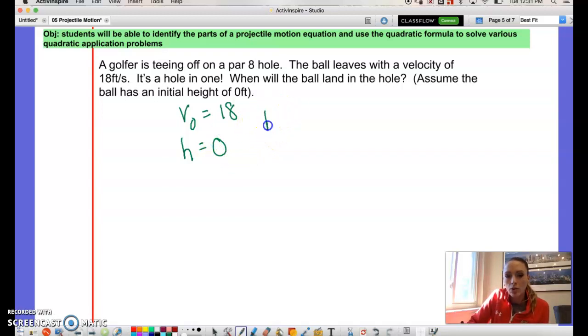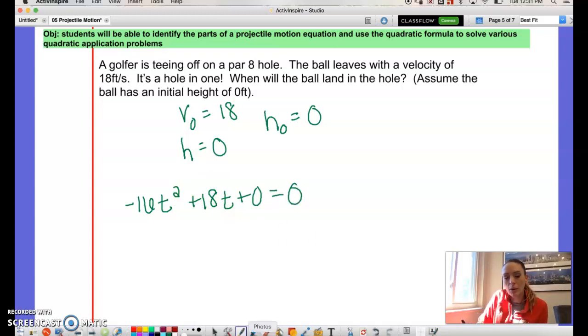And when we think about golfing, the ball probably left at a height of 0, right? So we've got a bunch of zeros in here, so we can just plug them in. Negative 16t squared plus 18t plus 0 equals 0. This one actually is a little bit easier, and we don't have to use the quadratic formula. I just want to factor out the greatest common term here. What I did is I pulled out a negative 2t, and that leaves me with 8t minus 9